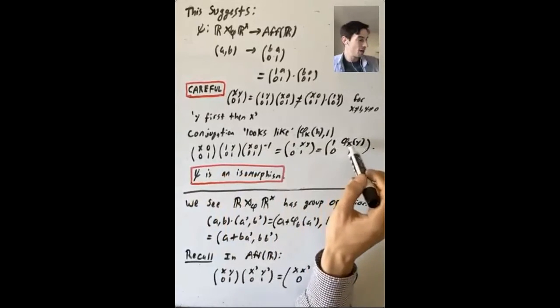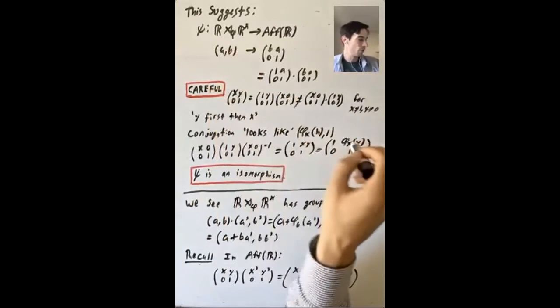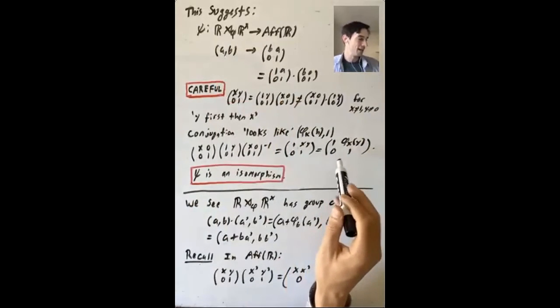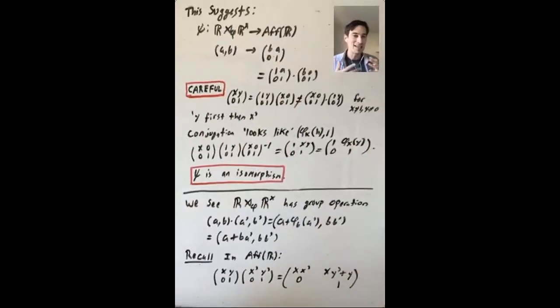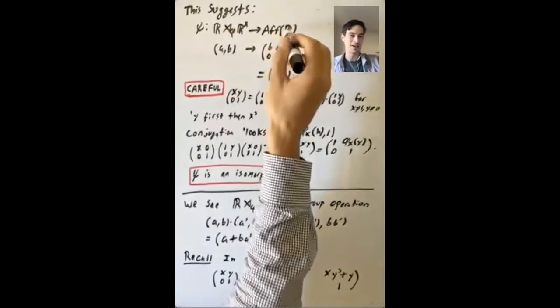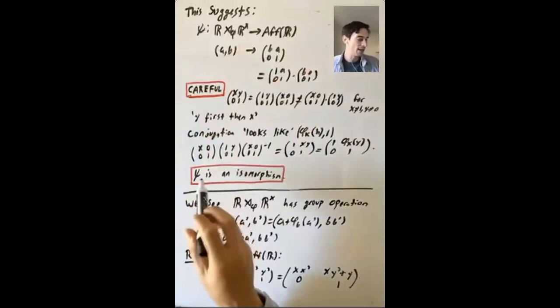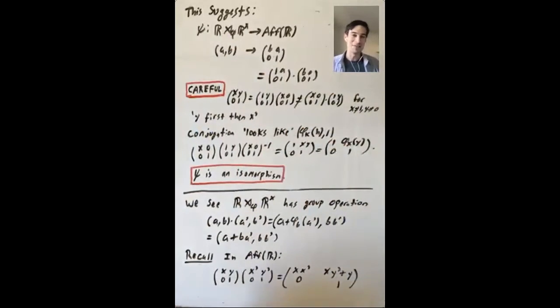We get 1 XY01, which is 1 phi_x(y) 01. So what is this corresponding to? This is if you take A equal to phi_x(y) and B to be the identity 1 in R star. So what we're seeing here is that this semidirect product and this matrix group are really closely related. And in fact, this map phi really is an isomorphism. All of the pieces are here, and I will leave it as a little exercise for you to check the final details. So I'm going to pause and erase, and then I'll talk about one other very similar example